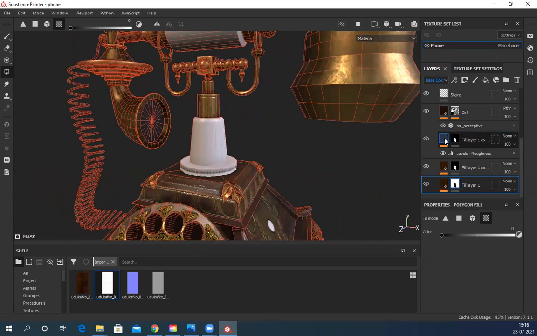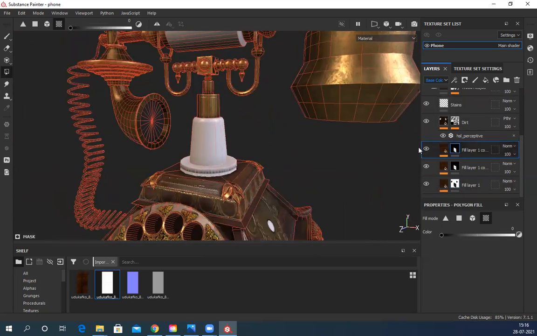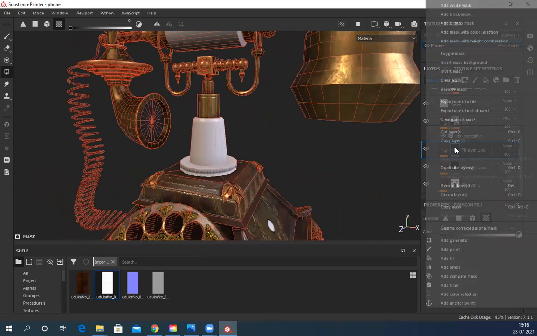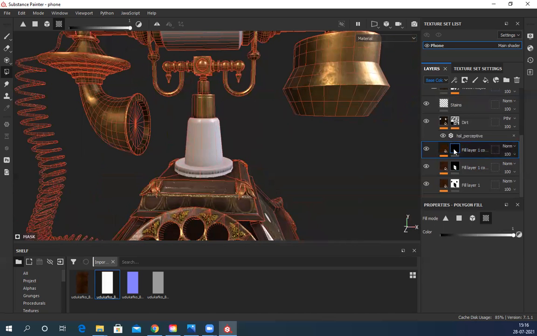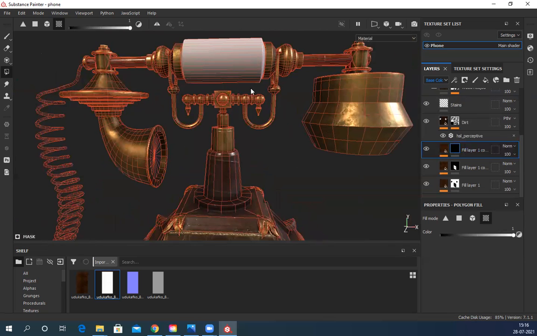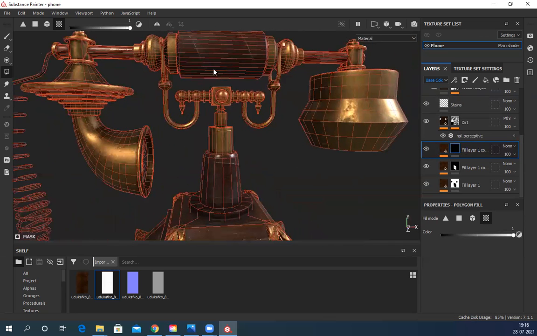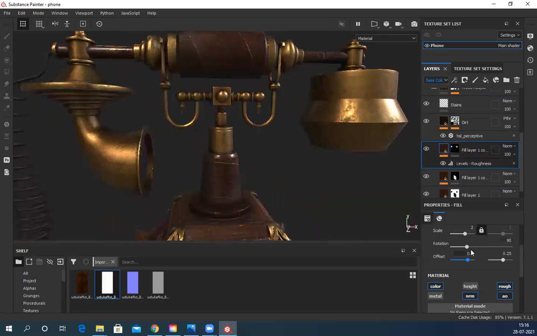Now, this texture. Black mask, white. And here you can see the angle. So I have to rotate it manually and check the direction.